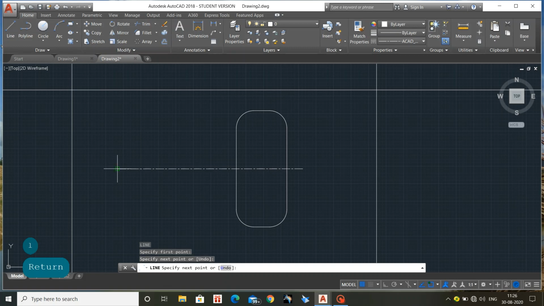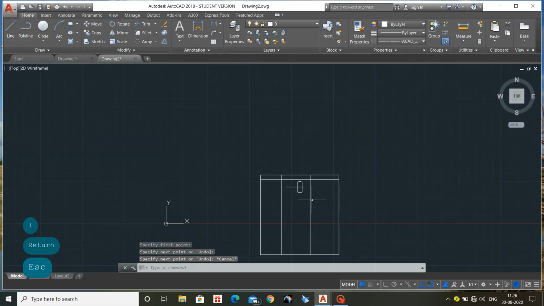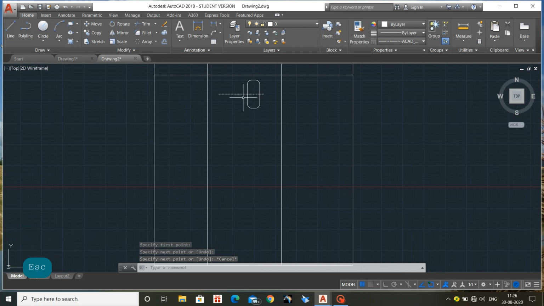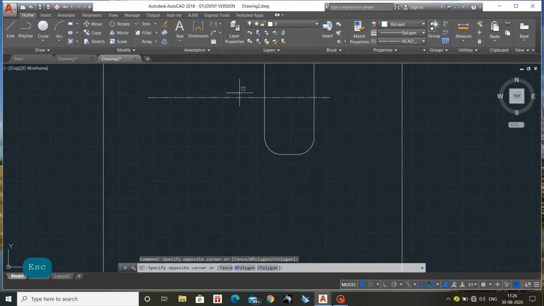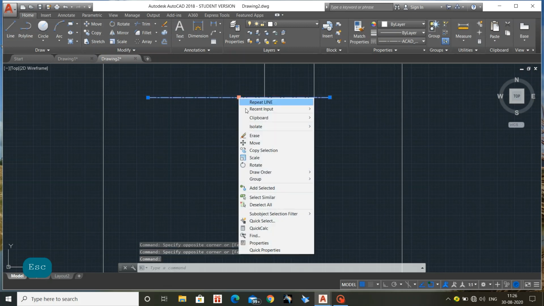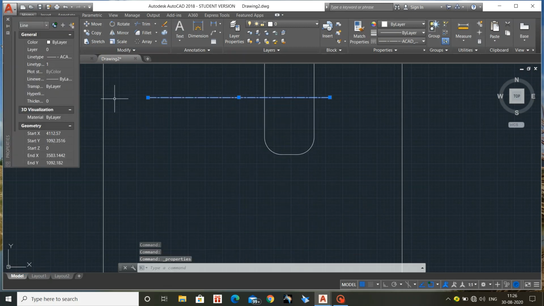So okay, while we zoom out the screen, it is visible as a line. So I need to change the properties of the axis line. See, I have selected these properties. See, I am changing the line type scale into 20 because as we view it from far, it should be visible. So here it became a line.